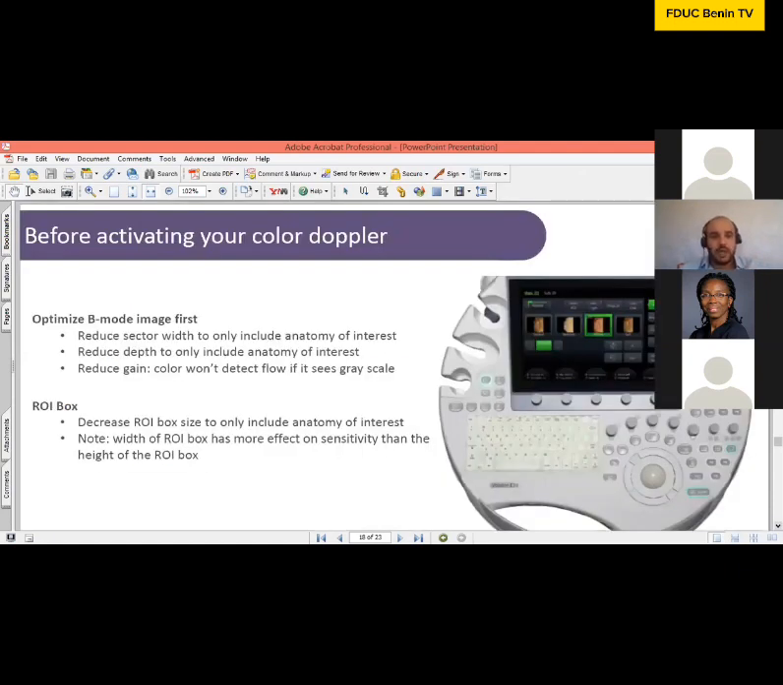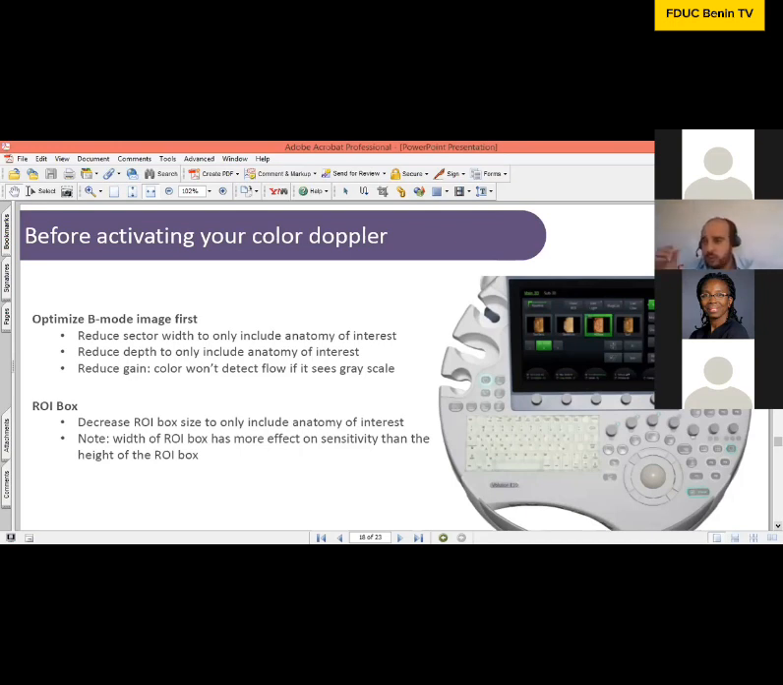Of course, before activating the color Doppler, there is some optimization to do, especially in B mode. The first thing to do is to reduce the sector width to include the anatomy of interest. If I'm looking at the heart, I will reduce my angle of exploration, the width of the sector, in order to include only the heart. Why? Because it will improve my frame rate. The second thing to do is to reduce the depth and reduce the gain,